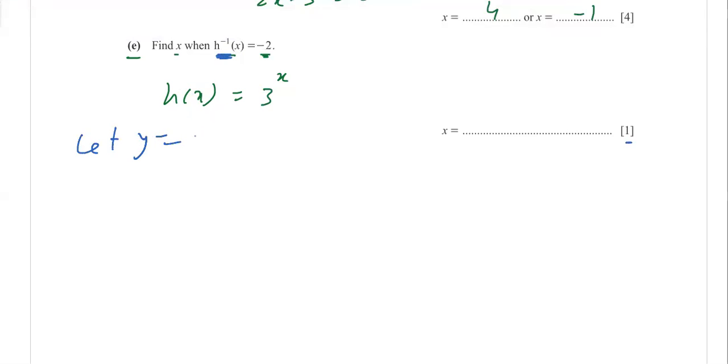H of x, and x equal to h inverse y. So finally, y will be equal to 3 power x. But how? I again need to go for the logarithm, which is not acceptable for IGCSE. I think it will not be suitable and appropriate. So is it not better if I write h inverse x